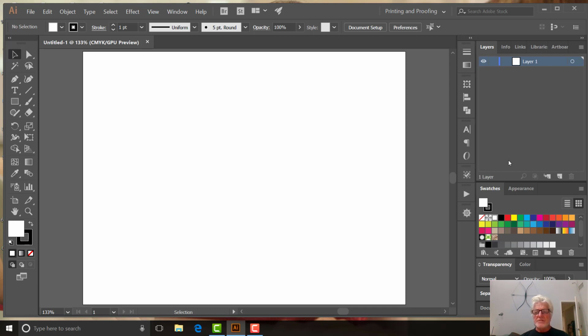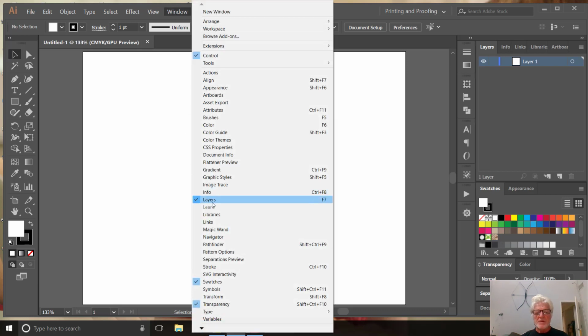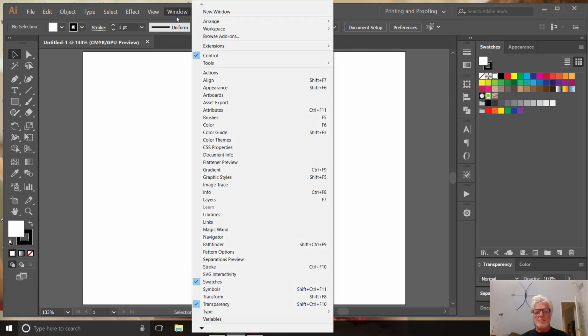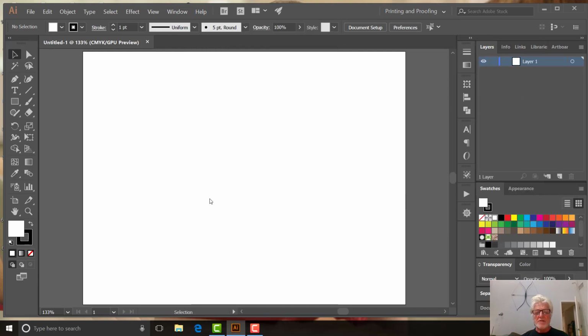We have layers that have come up automatically. We can turn those off and on in the panel by going to Window and clicking on Layers, or going back, turn it back on by clicking on it. And you see that layer 1 here corresponds to this first screen. So our first